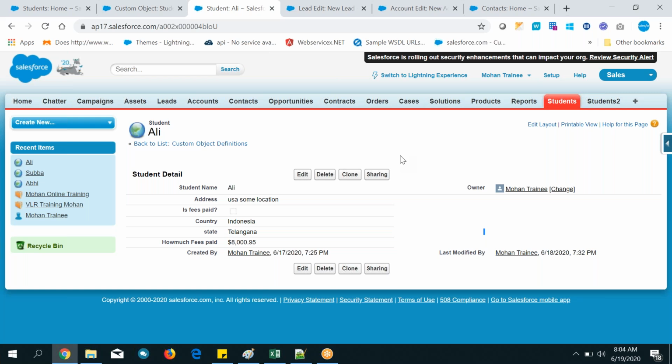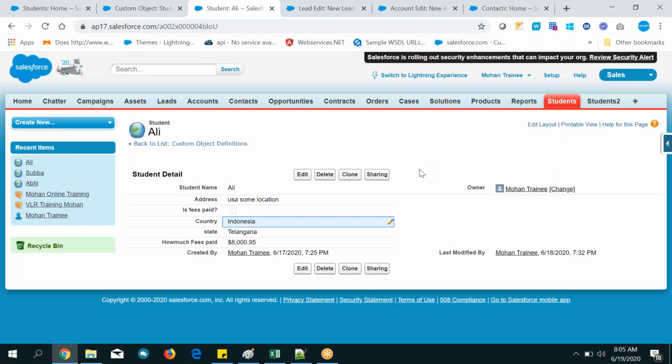For our question, whoever modified it, that name is there, and we can track which data is modified. Previously what field value was there, and right now what value is there. We can track everything. And if you want to restrict your friends from modifying this, you can restrict it. So all things are possible. Clear? That topic falls under security, sharing and security. That is a separate topic, and this is not the right time to explain those things.